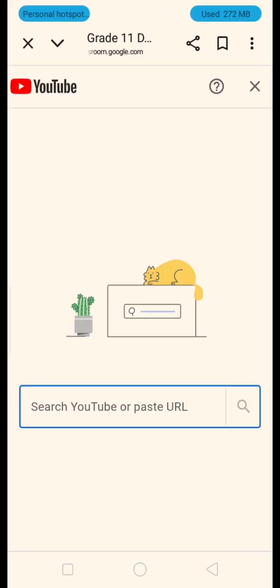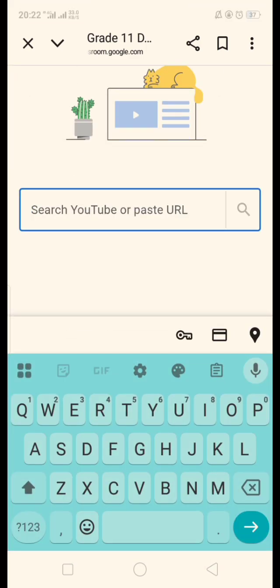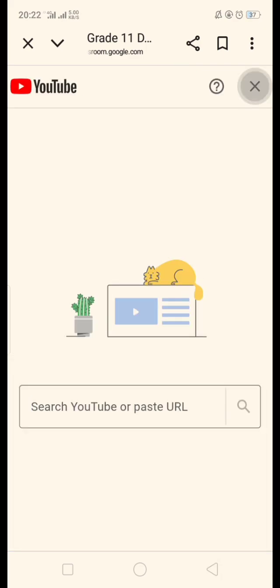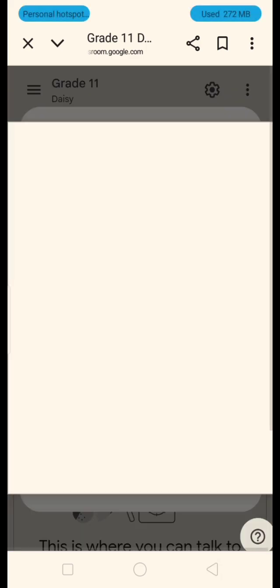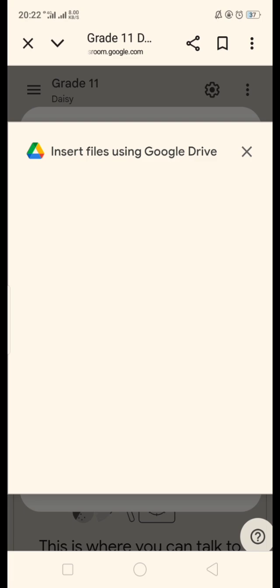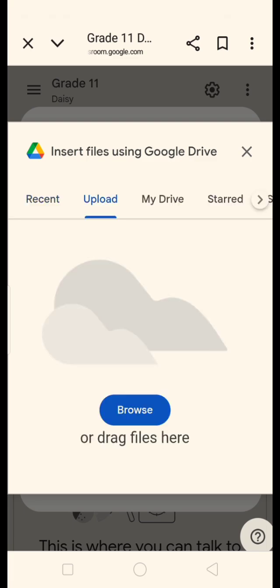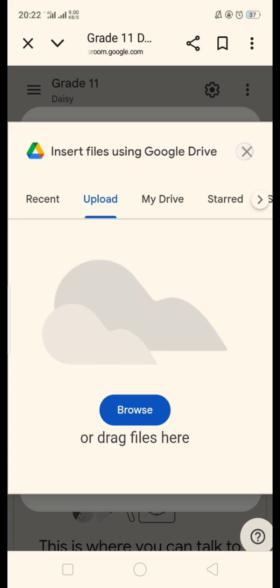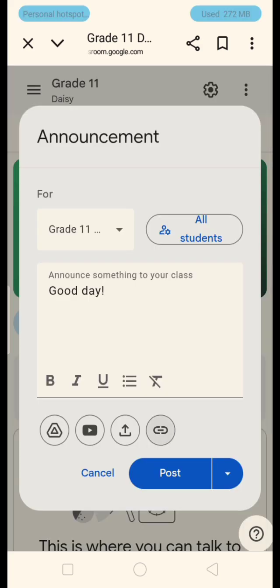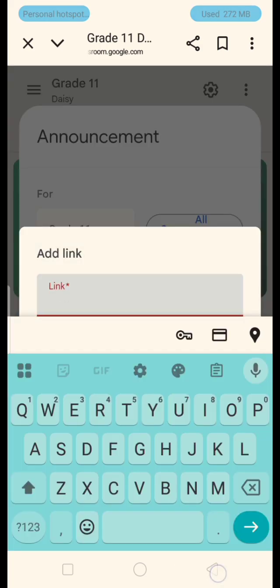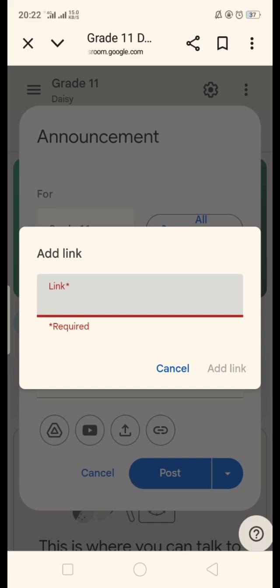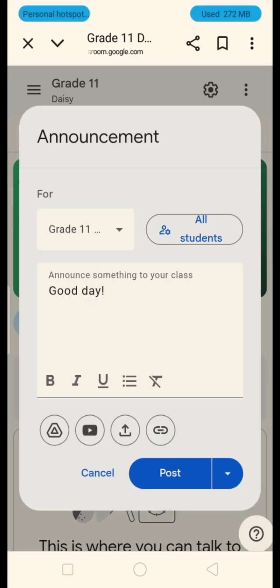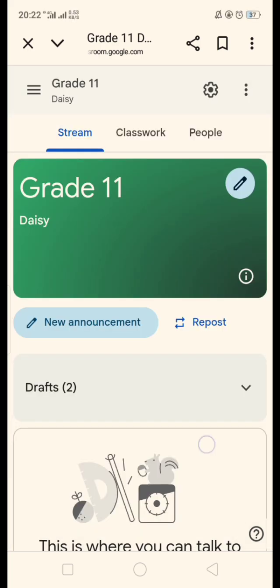You can also search YouTube videos and then upload them here. And also insert files using Google Drive and upload them here. Also, you can put a link. So those are the tools here in Stream.